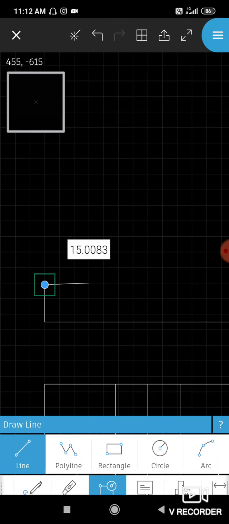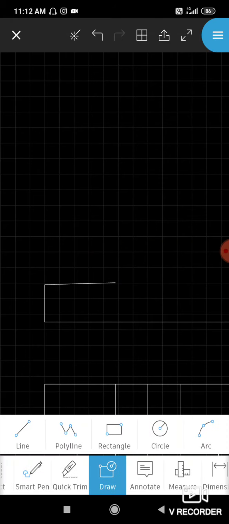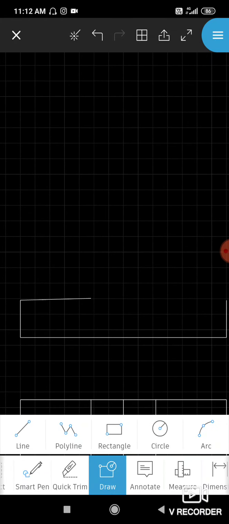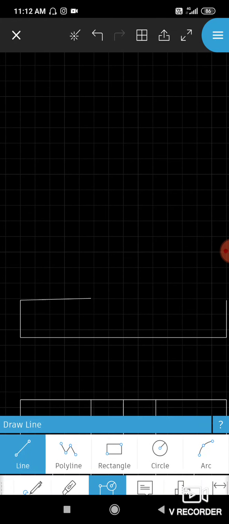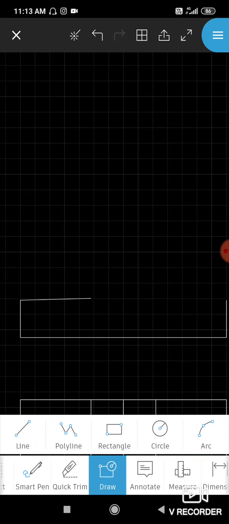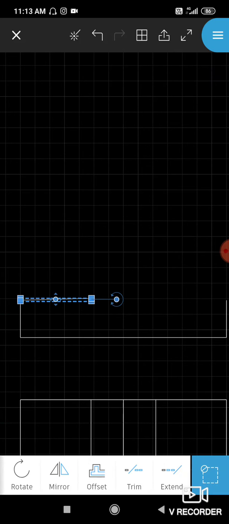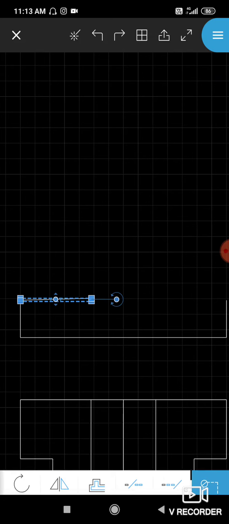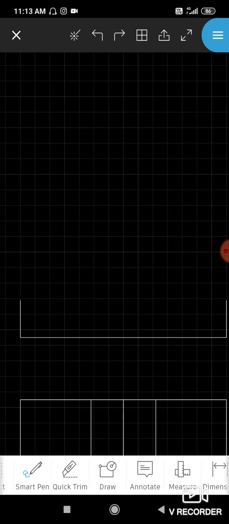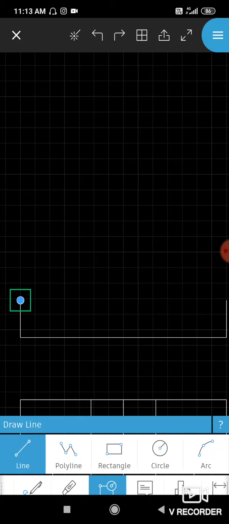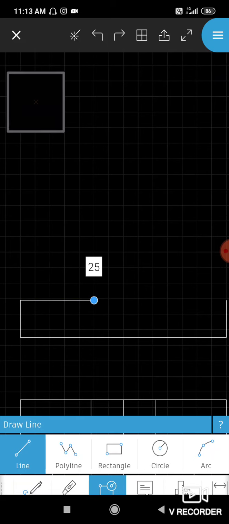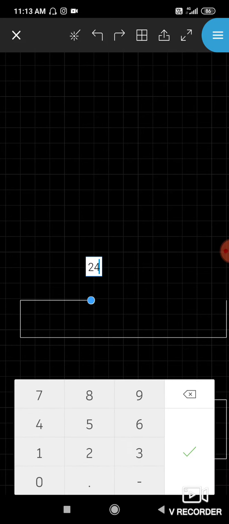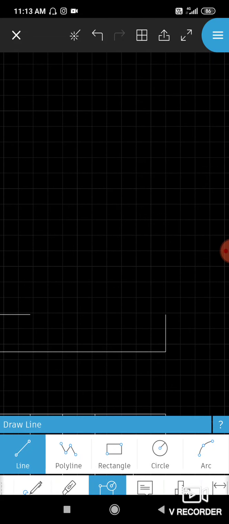Select the line command, 24, done. Select the line command, this line is slightly negative. Done.